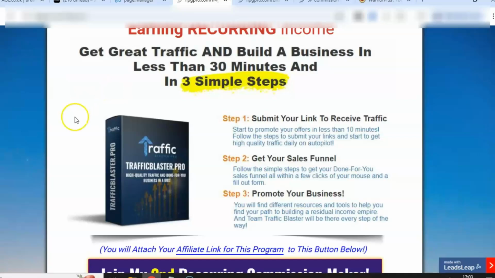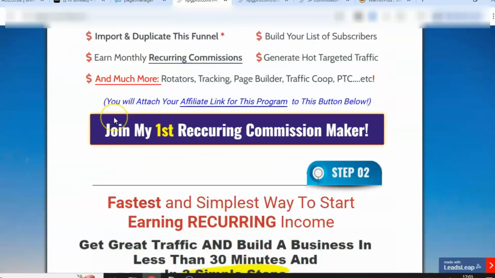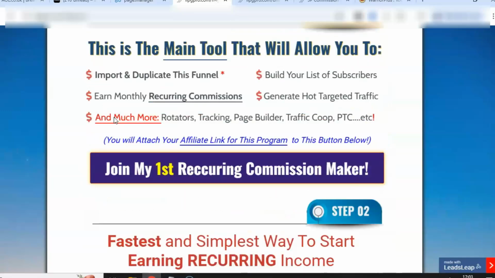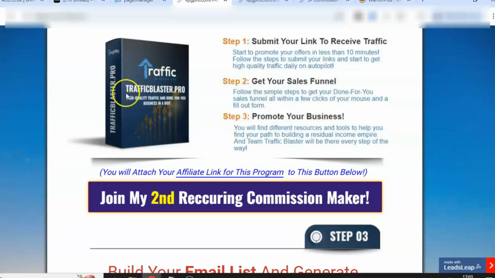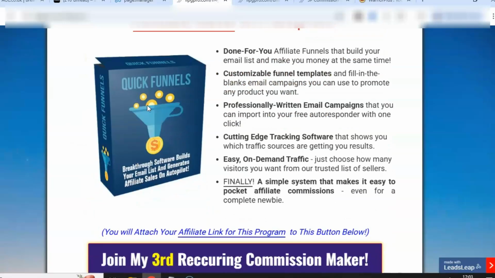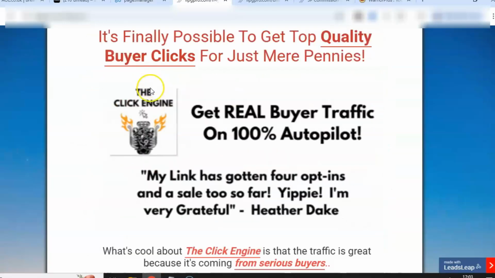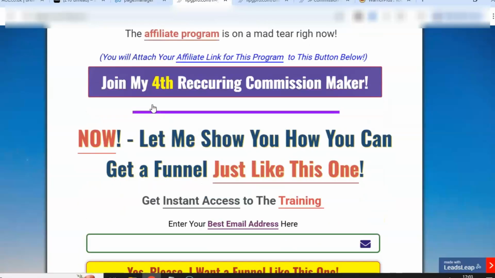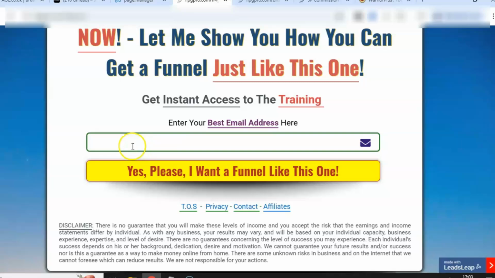The second one is Traffic Blaster Pro. You can use Traffic Blaster Pro to promote this particular page, and then when people join under you, you will make commissions. So you will potentially make commissions with Leadsleap, Traffic Blaster Pro, ClickFunnels, and the Click Engine. And then you just enter your email address in here, and basically what will happen